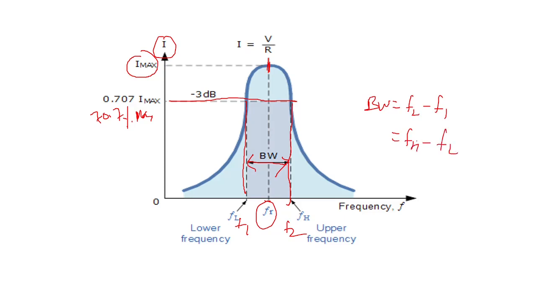That is the frequency range where the response is more than half of the power of the maximum. Okay, so it is called bandwidth. With the bandwidth, you can also calculate the quality factor, and with the quality factor, you can find out Q. So in the experiment, once we know the bandwidth, we can also find out the quality factor.